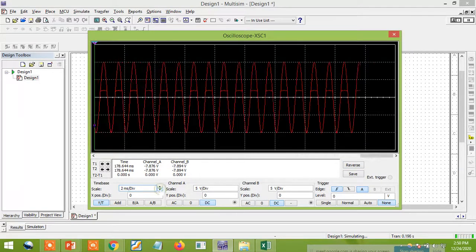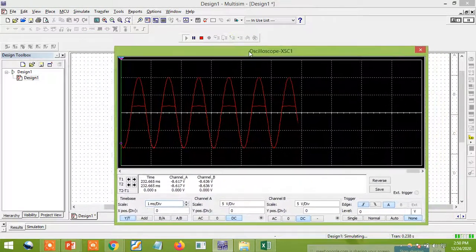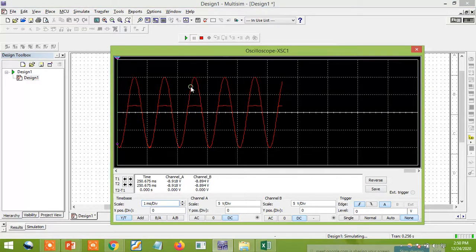Decrease. See, two waveforms are coming to me. So I'll just stop somewhere. Not an issue. This first waveform is for the input channel 1. If you want, you can change the channel 1 voltage easily. You can observe that changes are happening. This is the input signal.